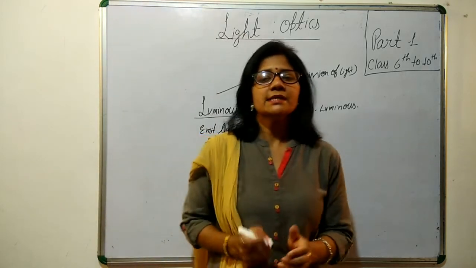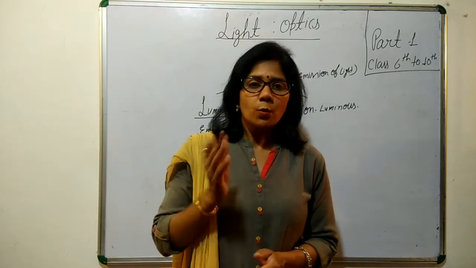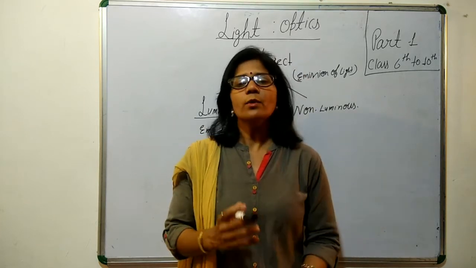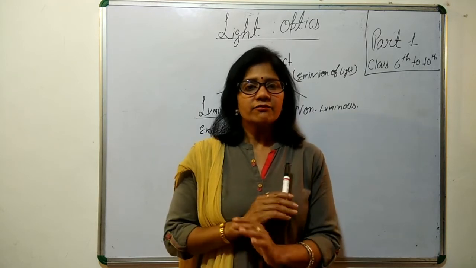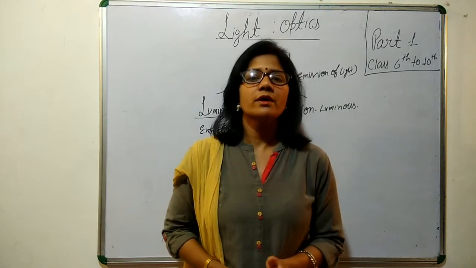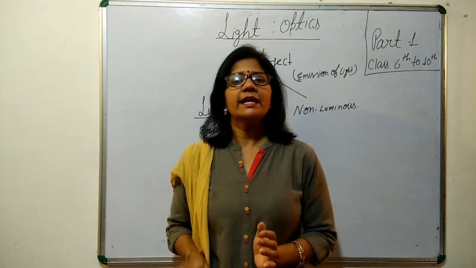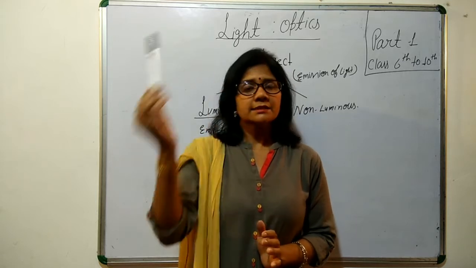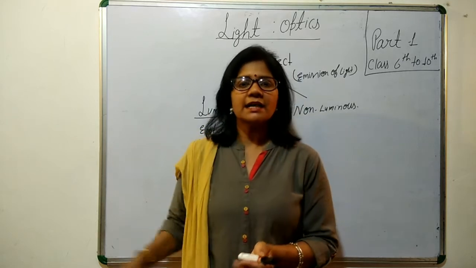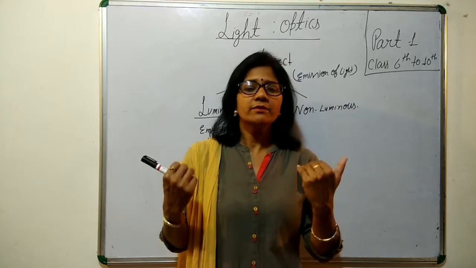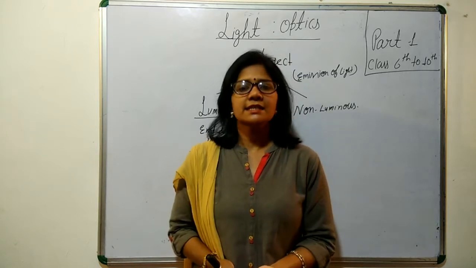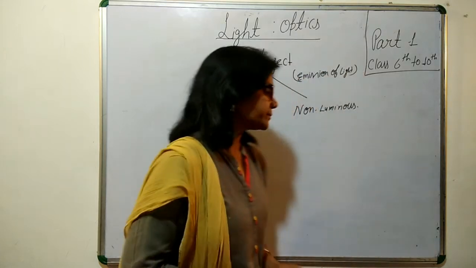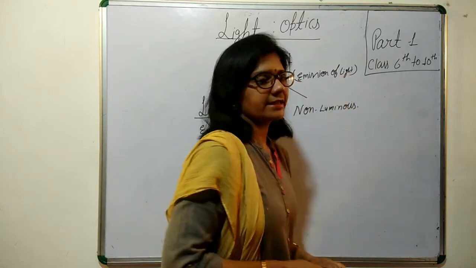But the non-luminous objects are those objects which we can see only in the presence of light. They don't emit light. In the dark, those objects are not visible. We can see them only in the presence of light. Like this is a marker. We can see it in this light, but when there is total dark, then we can't see. Even our body is non-luminous. So these objects come under the non-luminous objects. Okay, it was the first criteria.